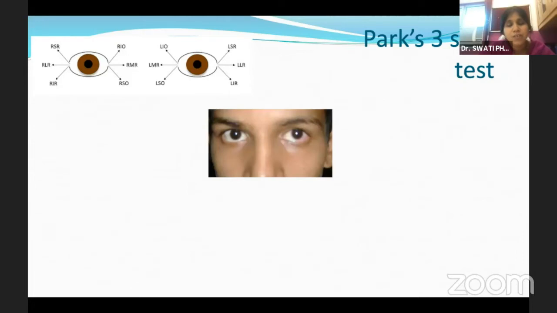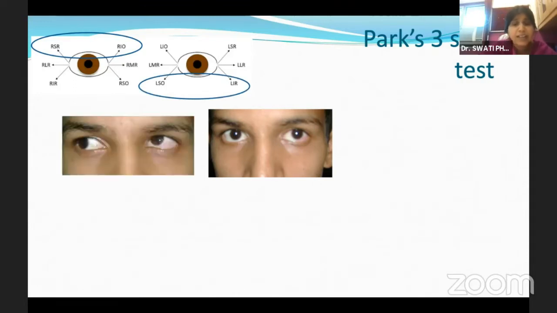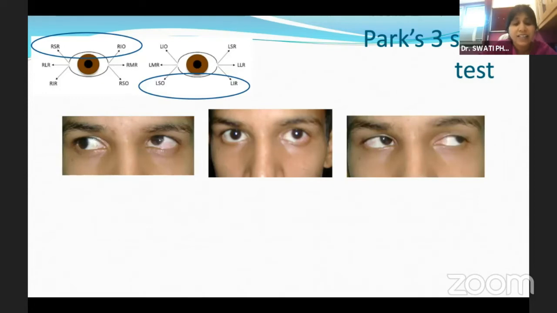So the first step is to look at the primary gaze, where you have to know which eye is hypertropic. In this case, the left eye is hypertropic, which suggests that there is either a right superior rectus or right inferior oblique underaction, or a left superior oblique or left inferior rectus underaction. The next step is to look at the secondary gazes, where you will find that the hypertropia is now increasing on dextroversion.